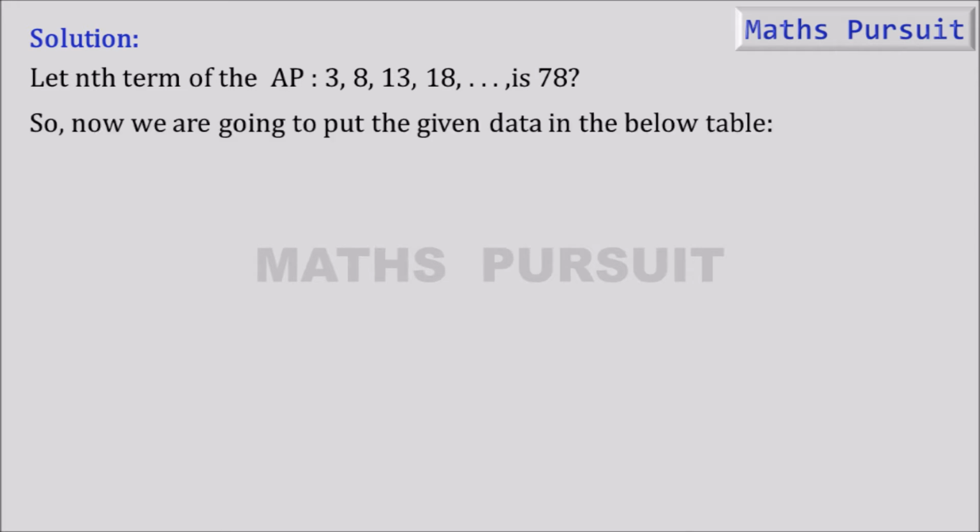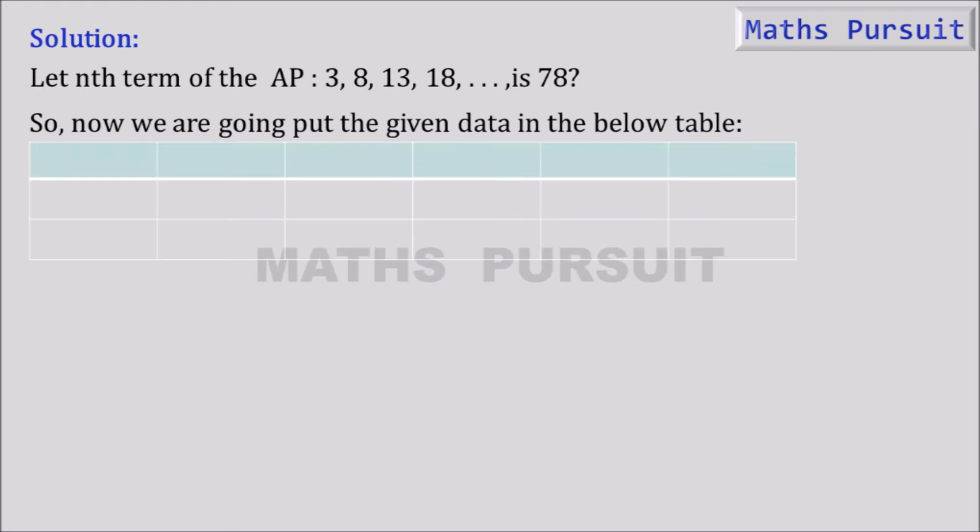As usual guys, I always prefer to create a table and put the number sequence in it so that it helps us make our calculation without confusing the numbers. For that reason, I have created a 6-column table because we have 6 pieces of data. Now naming first term to the first cell, second term to the second cell, third term to the third cell, fourth term to the fourth cell, keeping one cell blank, and nth term to the last cell.